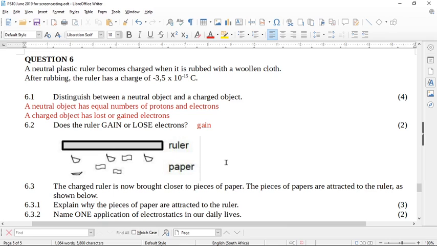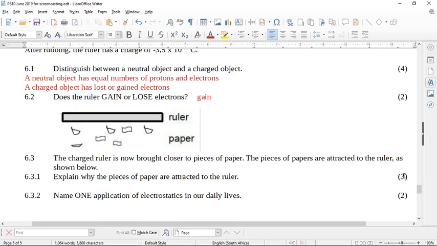The charged ruler is now brought close to pieces of paper. The pieces of paper are attracted to the ruler as shown. So, explain why the pieces of paper are attracted to the ruler. There's 3 marks here, so I'm hoping for 3 declarative sentences, okay? So, what we say is, the paper is neutral,